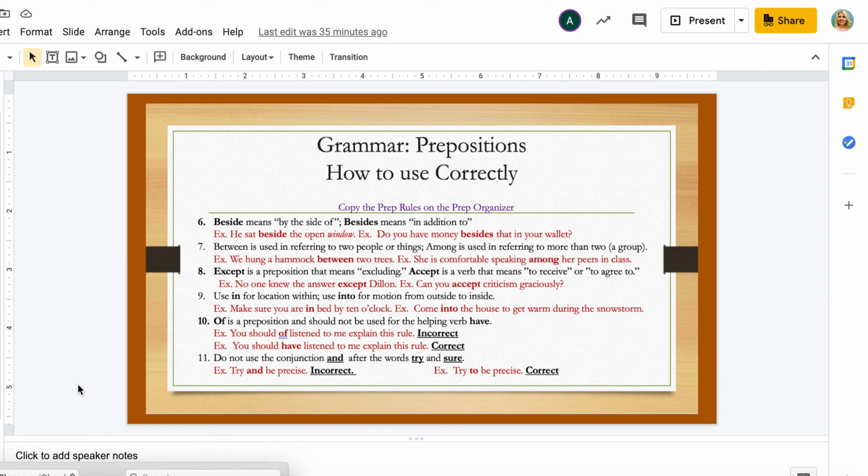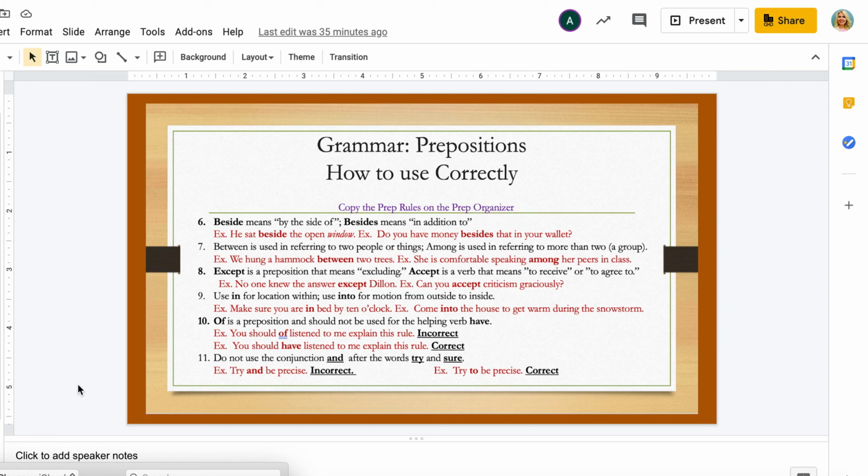Talk to you now about grammar prepositions, how to use certain prepositions correctly. These are some of the problem words that so many people have issues with and confusions, so I hope to